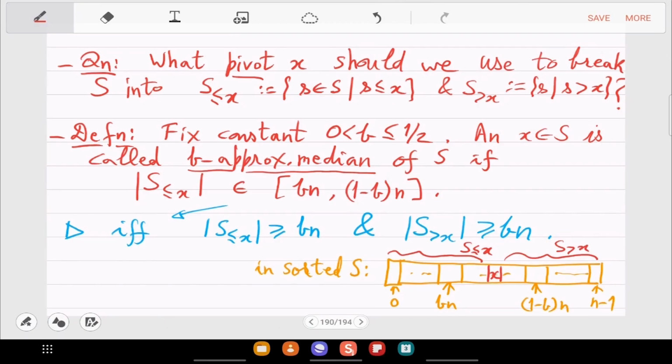This is the leeway. So we are allowing X this leeway, and any such X we will consider good.